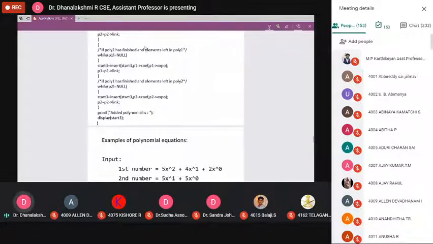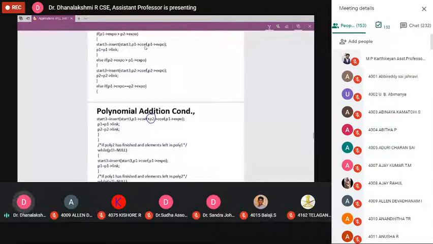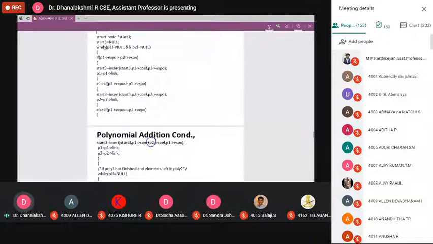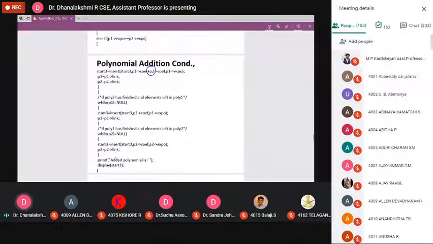So these are all the procedures for polynomial addition. Only 2 cases here. If both are not equal to null, do all the conditions one by one. If either list is over, equal to null, you do these steps one by one.